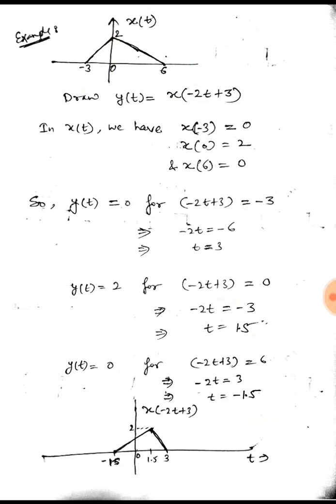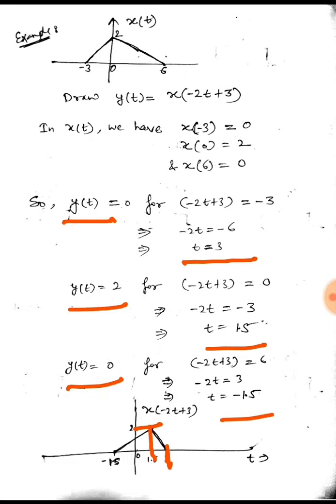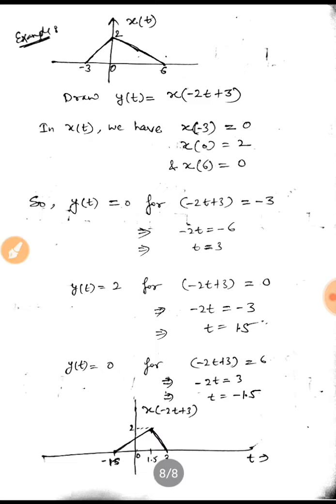So using this we can say y(t) is 0 at t equal to 3. Similarly, if y(t) is equal to 2, then t is 1.5. So y(t) is equal to 2 at t equal to 1.5, and y(t) is again 0 for t equal to -1.5, that is this value. So we can see in this graph